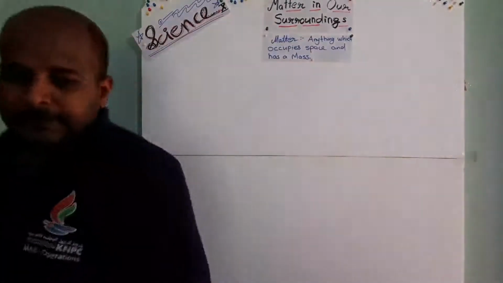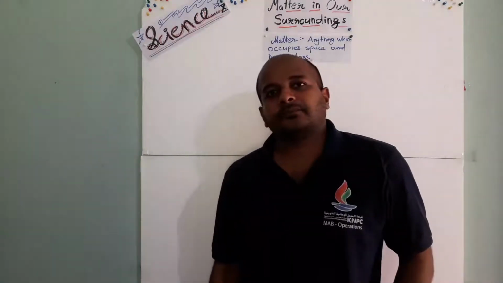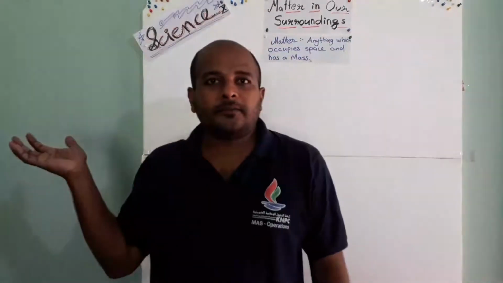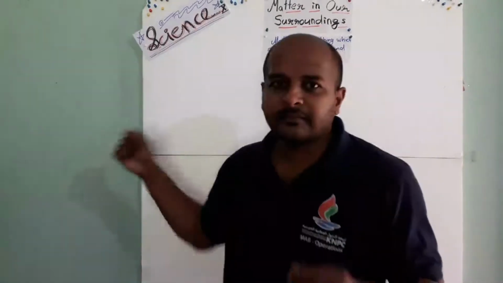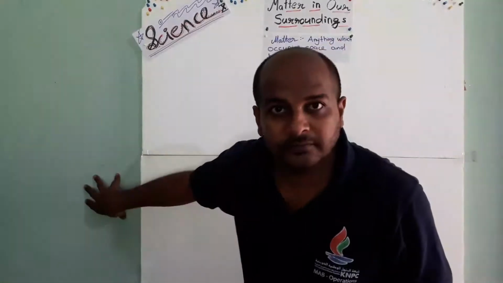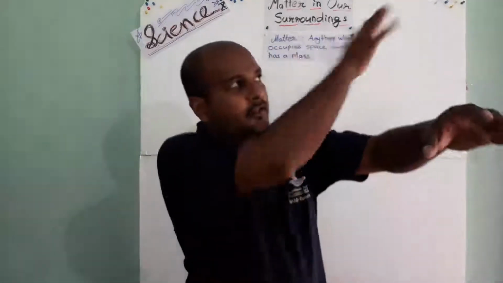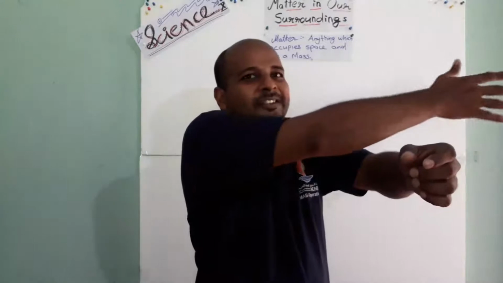Okay, fine. So, this is the definition of matter. Matter: anything which occupies space and has a mass. Next we will go to classification of matter. I told you air is matter. Isn't it? I am also matter. But this wall is also matter. But this is tougher than my hand, so I cannot move my hand through that wall. Isn't it? But air is also matter. My hand is also matter. I can move this hand through air, but I cannot move the same hand through this